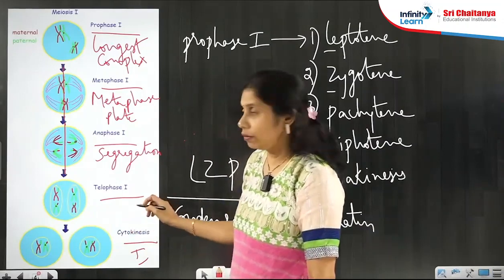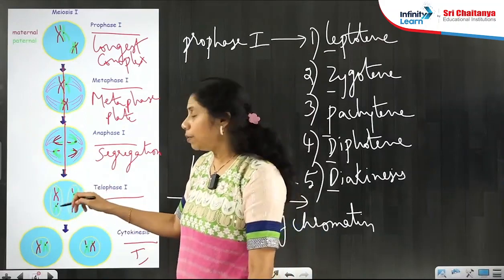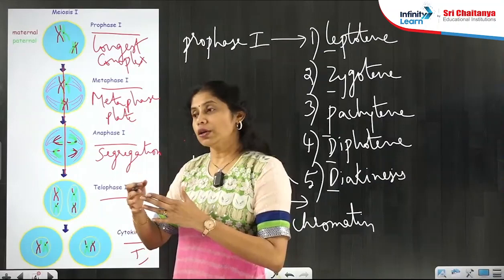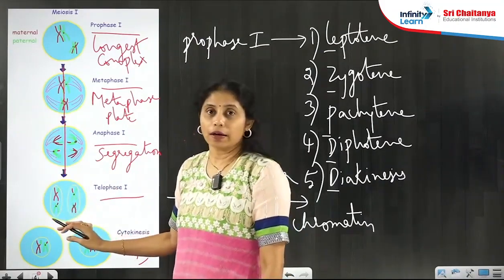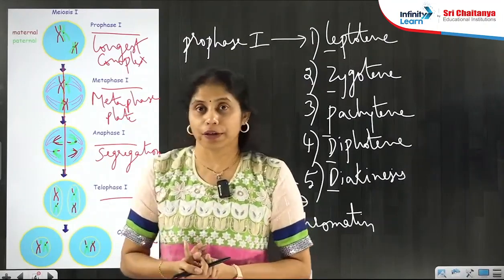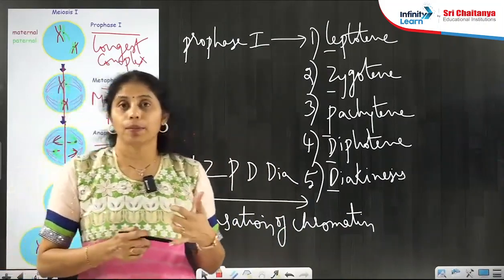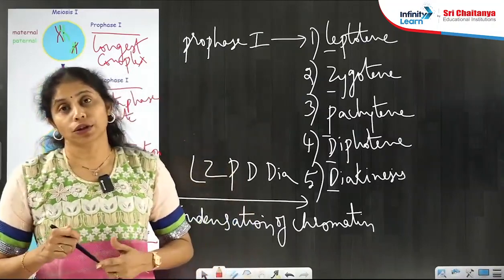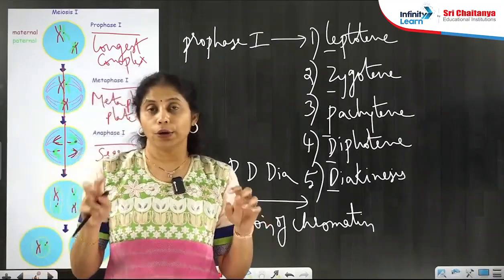Then in telophase 1, these chromosomes which have moved towards the poles will be decondensing into chromatin. But they will not reach too extended a state, but they will become chromatin. By the end of telophase 1, you know telophase is exactly opposite to the prophase, we'll have nuclear envelope formation, nucleolus formation, Golgi formation, ER formation. So one nucleus will be dividing by the end of telophase 1 into 2 daughter